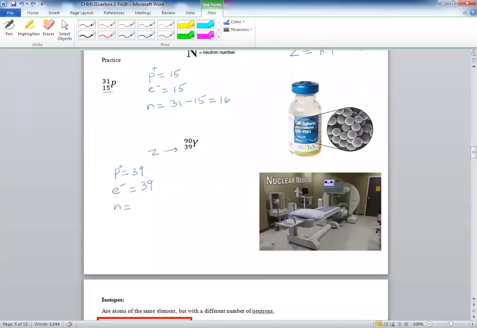So the number on the top, as we said, right there,